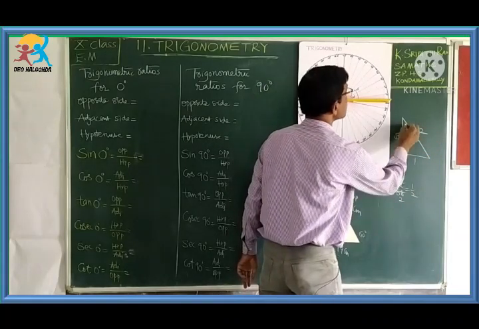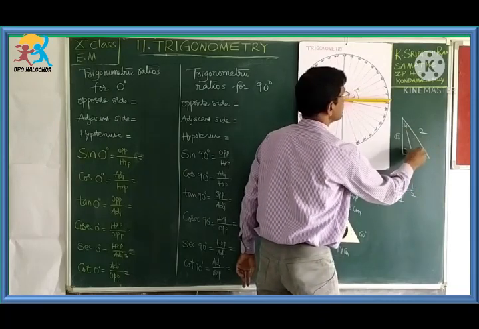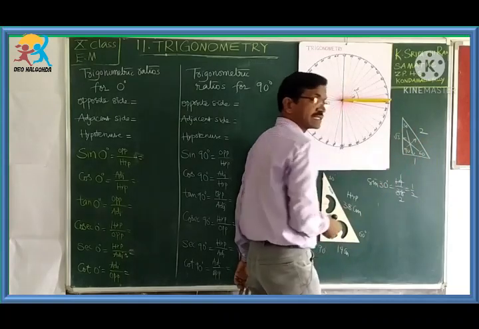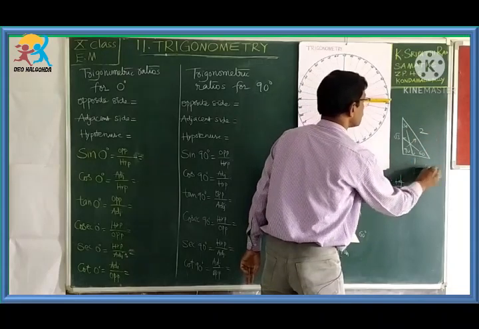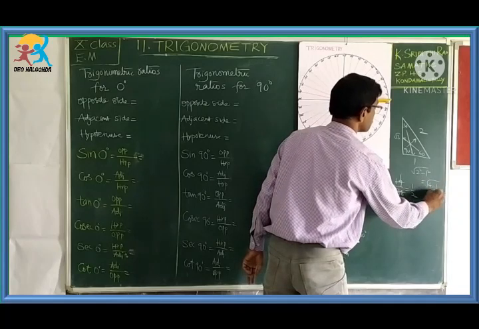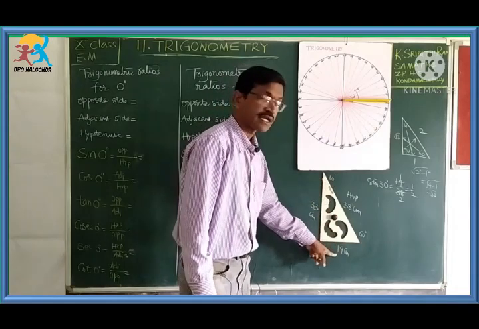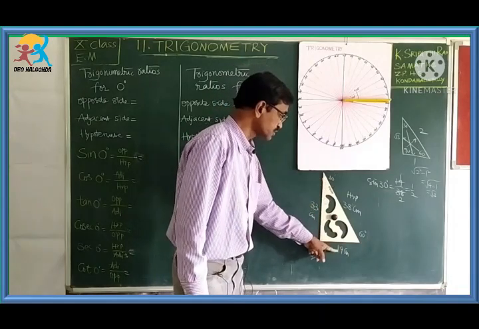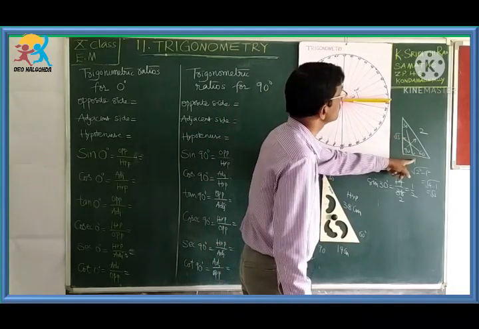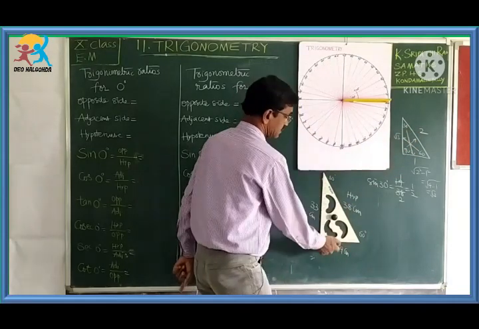Root 3. Just now we have discussed, this is 30 degrees, here 60 degrees, 90 degrees. Opposite to 30 degrees is 1, opposite 60 is root 3, opposite 90 is 2. From Pythagoras theorem we know it is the square root of 2 squared minus 1 squared, that is 4 minus 1, root 3. So the side opposite to 30 degrees is 19 and the adjacent side is root 3 times this opposite side. The hypotenuse is double the opposite side, and this side is root 3 times.